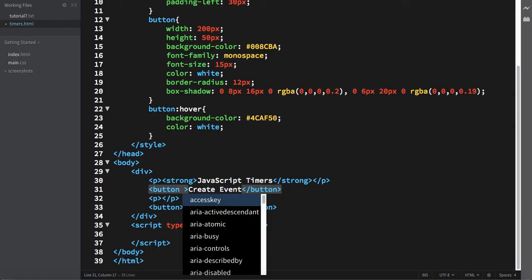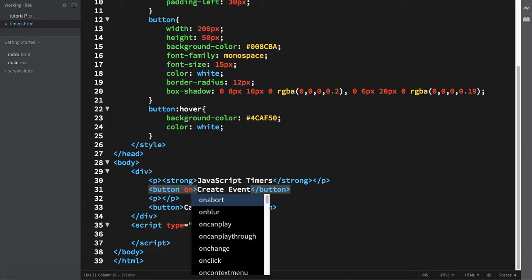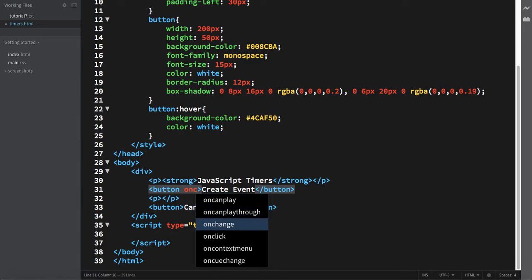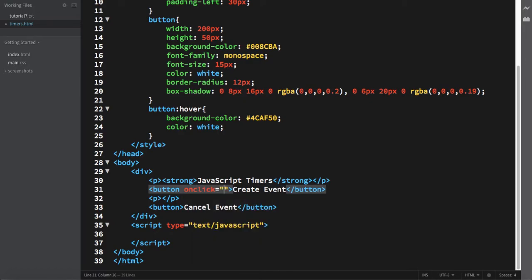So let us create an event whenever we click that button. We need a click event, and we need to call a function on that. In our case, I am making a function delayedAlert. Similarly, for this one, we need to create an event, clearAlert.